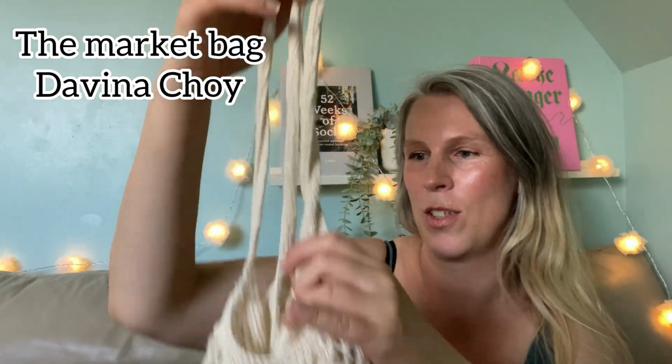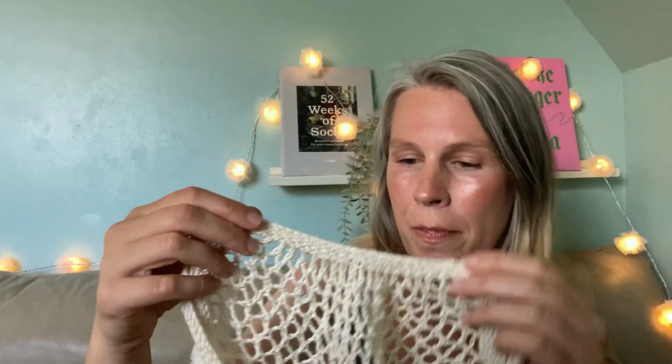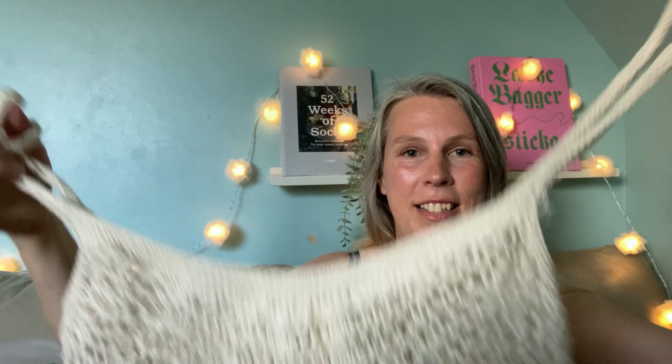The construction of this is quite interesting. You start here, making this garter border, and then you just knit it in one piece all the way down, like just a long stretch of fabric, like a rectangle. And then when you get to the other end, with this lace pattern obviously, you do the garter stitch border, and after that you pick up stitches along the long side of the rectangle, and then you cast on stitches for the handle, pick up on this side. This is a free pattern, so I'm not giving anything away that I shouldn't. This handle, and then you knit this in garter until you're...